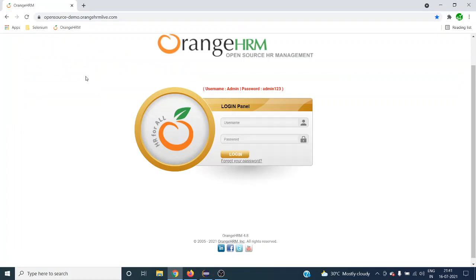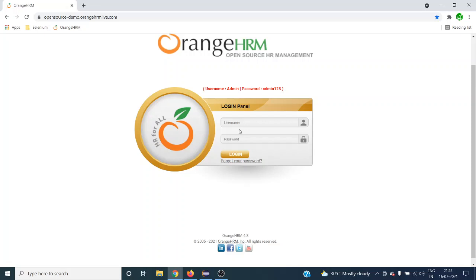So let's talk about this web page. Here we have multiple elements: the username input element, the password input element, and the button, where we have to click. So these are the different web elements in any given web page, isn't it? Like this, other web pages also have multiple web elements. Each web element will have multiple attributes behind the scenes.